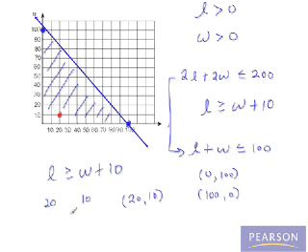And also if I let W be 30, 30 plus 10 is 40. So the point 40 comma 30 is also a point that would be on this graph, right here. And we have 2 points. We know it's a linear inequality, so we'll draw the line through those 2 points. It's a solid line again. And I would like to shade